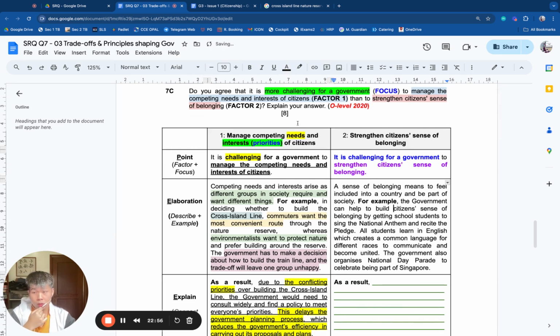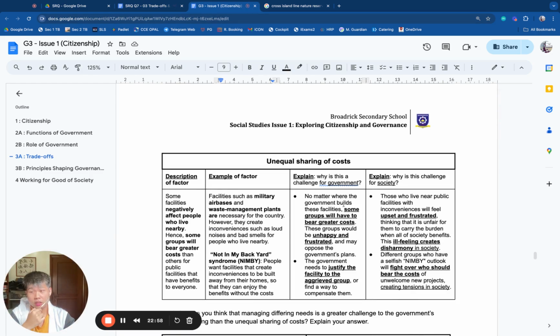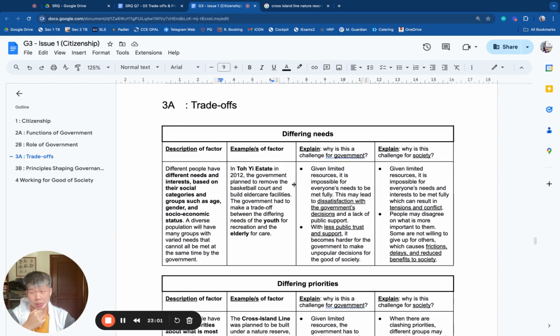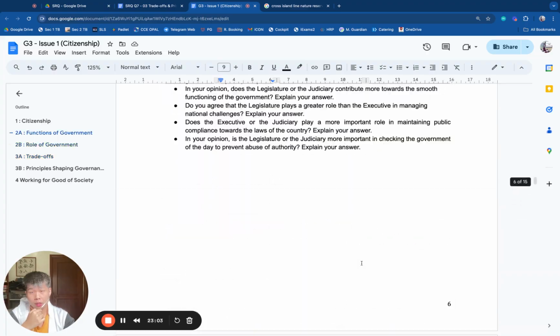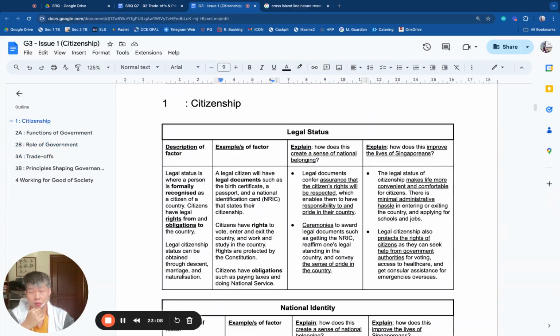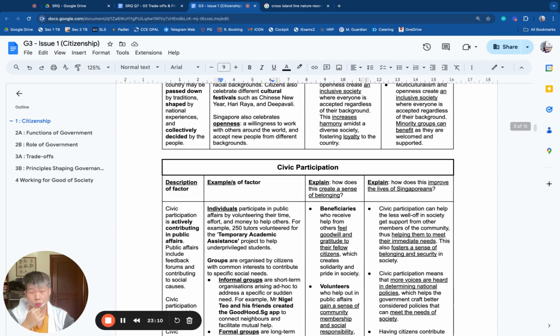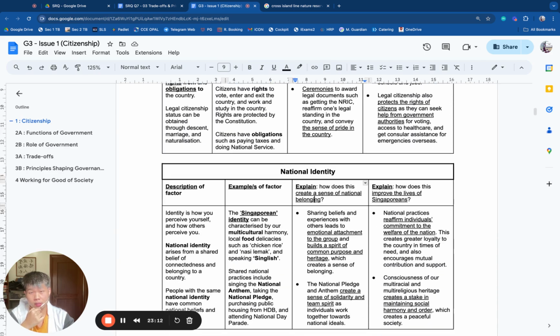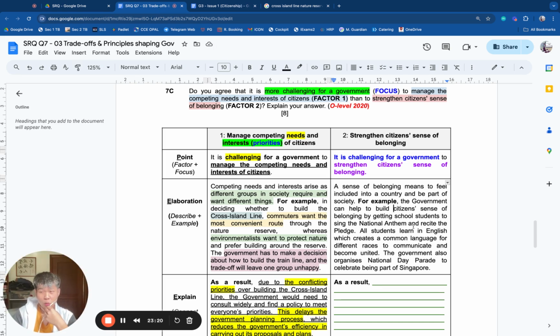What happened here was the national examiners didn't just limit the question to one chapter on trade-offs. They were in fact testing all the way back to chapter 1, where you had to understand the idea of a sense of belonging. And it's not even explicit as a factor in chapter 1. In other words, it's quite flexible. This was a very challenging question that year. The national examiners could ask a question that cuts across different chapters.